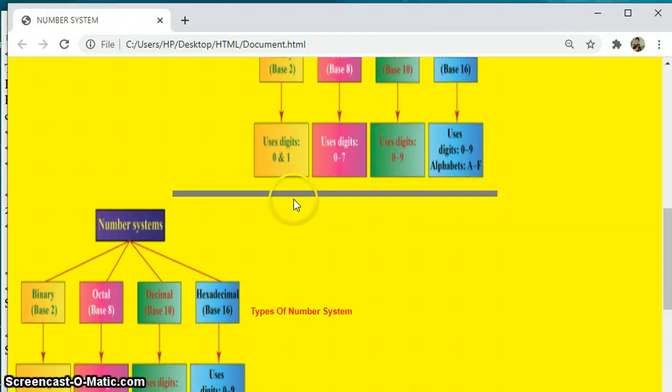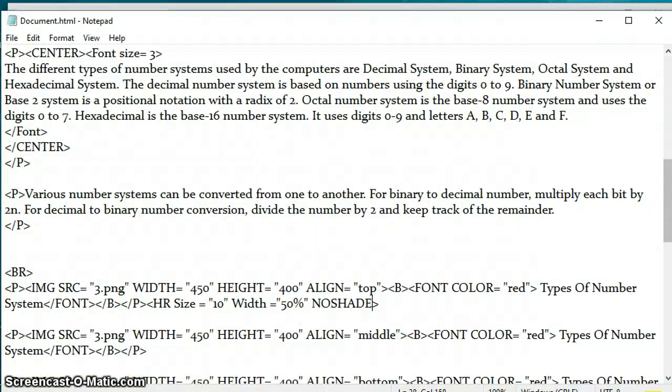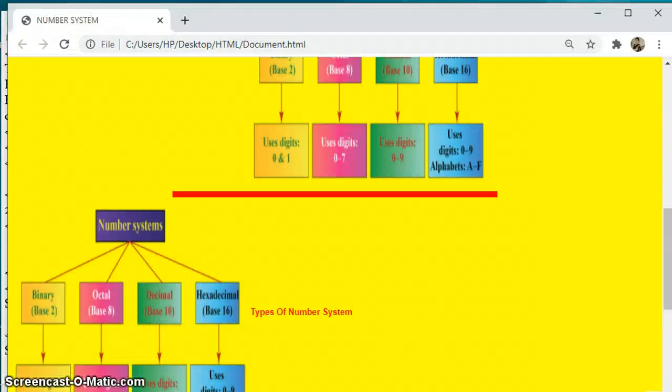One more thing you can do, you can give a color attribute to this horizontal rule. You can give any color. In place of noshade, you can write the attribute color. Here you will write color and you can give the color. Here I have written red. Now it has changed to red color.